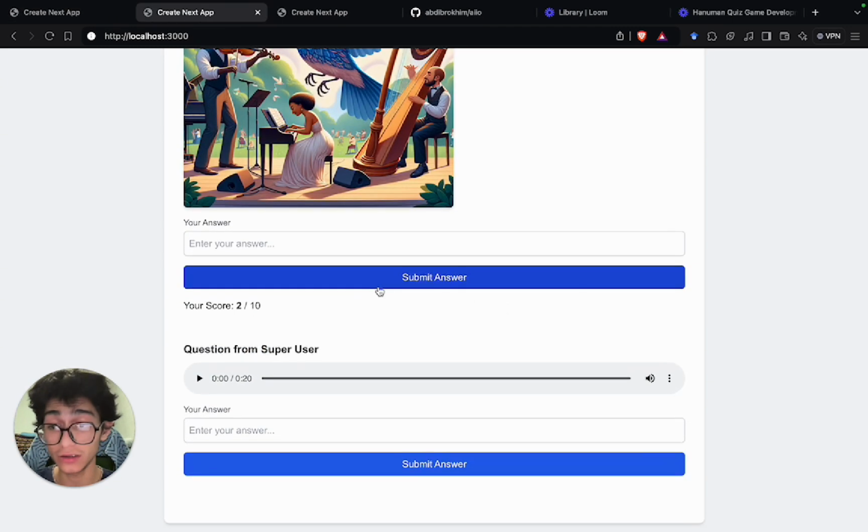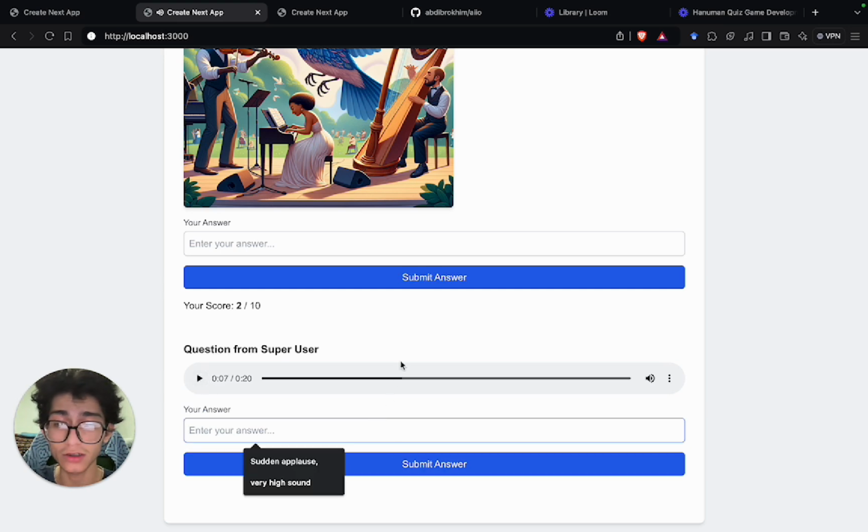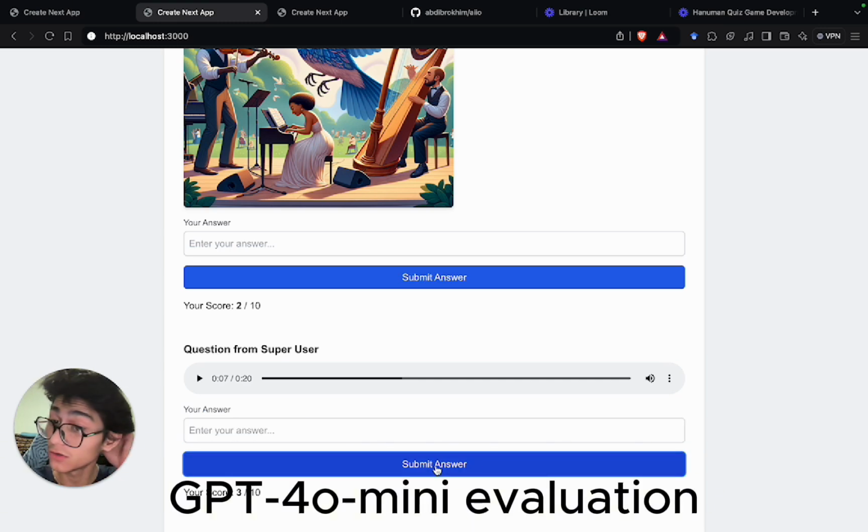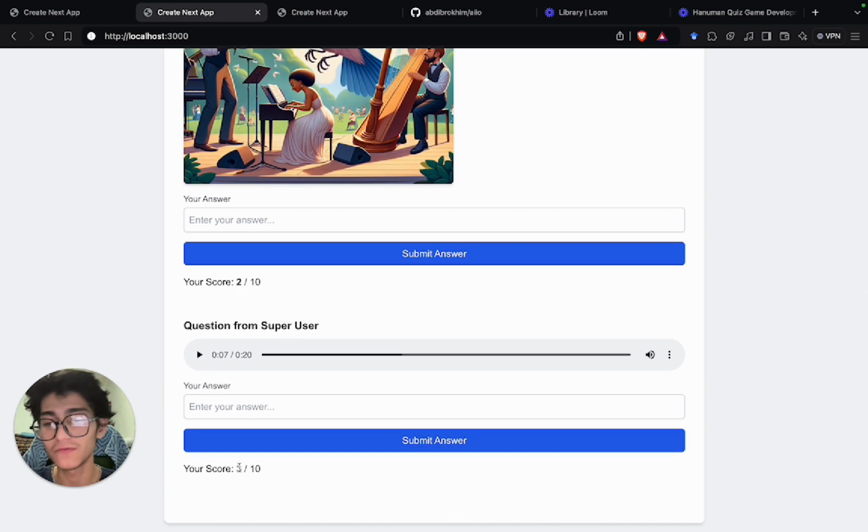Now player 2 can see the sound effect and listen and answer. For example, I would answer it's kind of maybe some pad playing, melodic, what else? Simple, for example, I don't know. I just received 3 out of 10. Yeah,